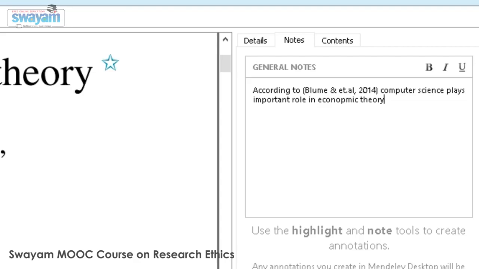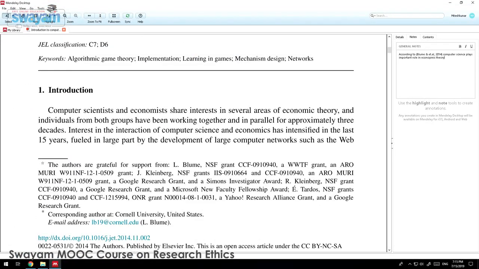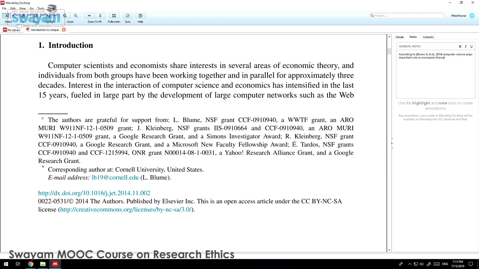Later on this can be accessed as and when I want. This is called annotation. If I want to highlight some text when I am reading this article, it is possible that there are certain topics which are eye-catching and I would like to highlight them. Just select the text and click on the highlight option. Now this will be saved in the local file. Once you access it again, the same thing will be displayed here.